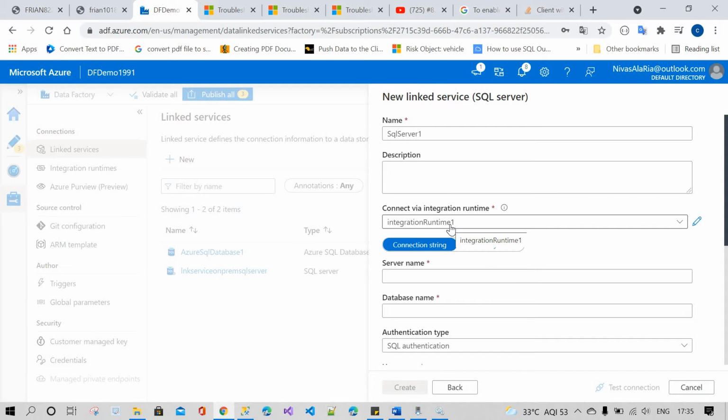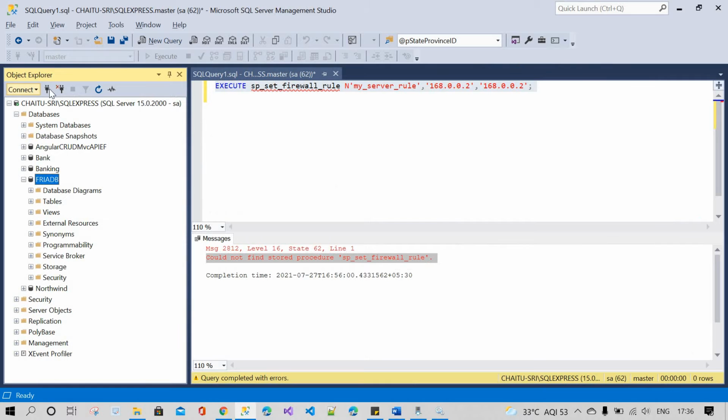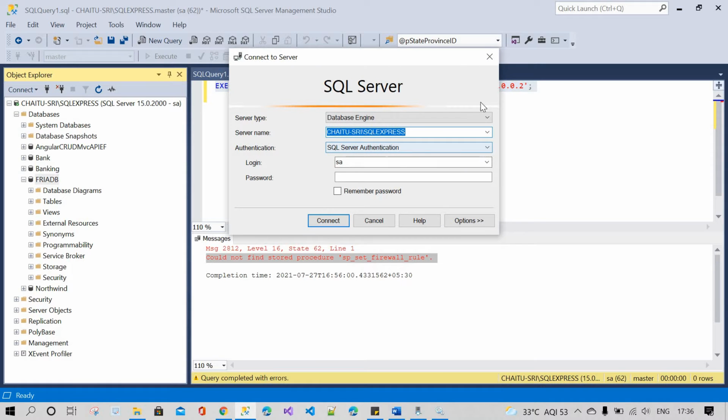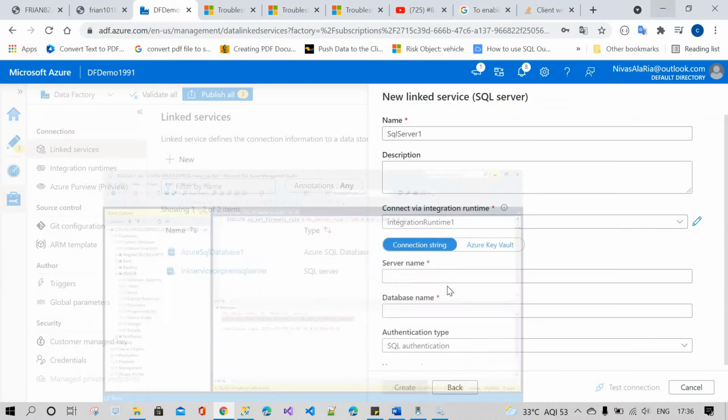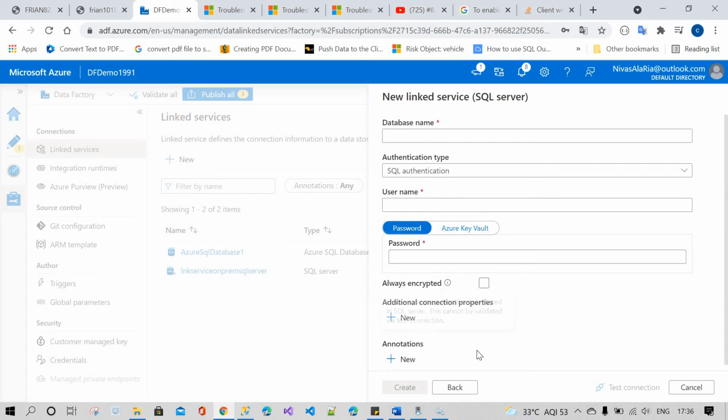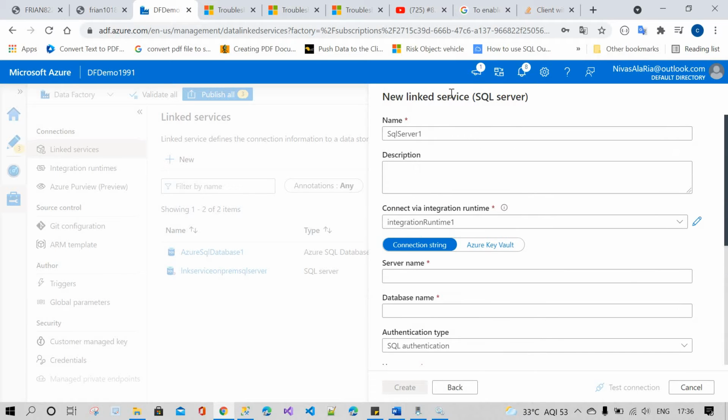Currently we are using the self-hosted integration runtime. Here I'm going to connect with the on-premises SQL database, which is on your machine, through the linked service. You have to mention your SQL database details here and connect via the linked service. I hope you got it.